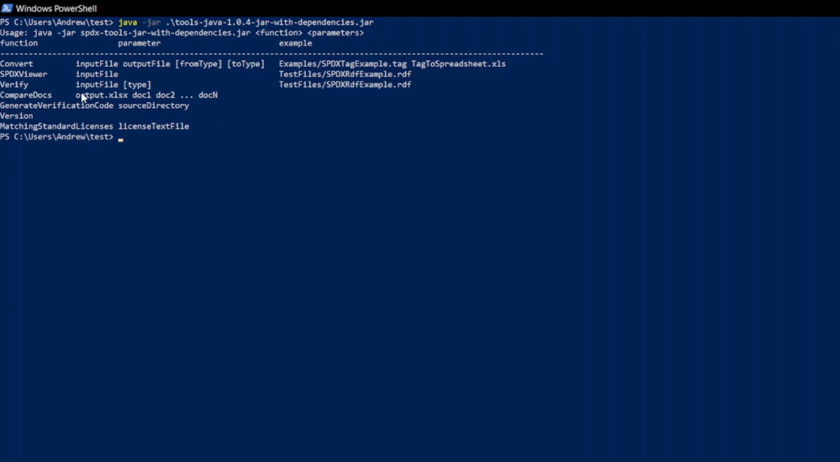For this demo, I'm going to be demonstrating the convert, the SPDX viewer, and the verifier functions. There are also other functions within this tool, such as comparing docs and generating verification codes. Generating verification codes pretty much verifies an official license for an SBOM; it doesn't actually generate an SBOM. And comparing docs compares differences between two SBOMs. I don't believe you'd really need either compare docs or generate verification codes that much,